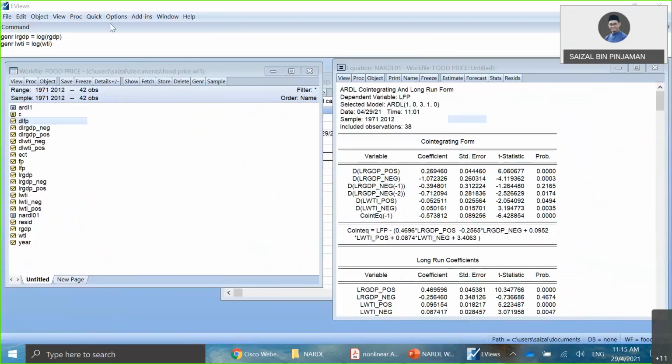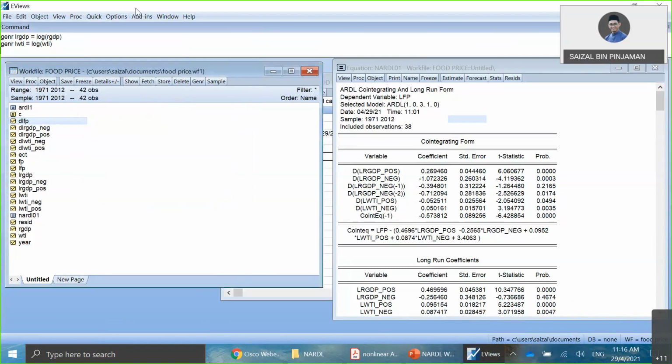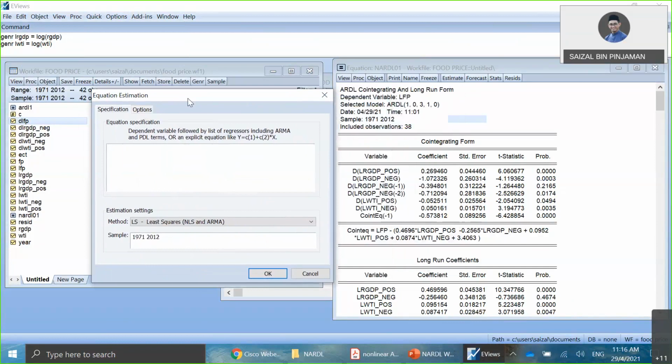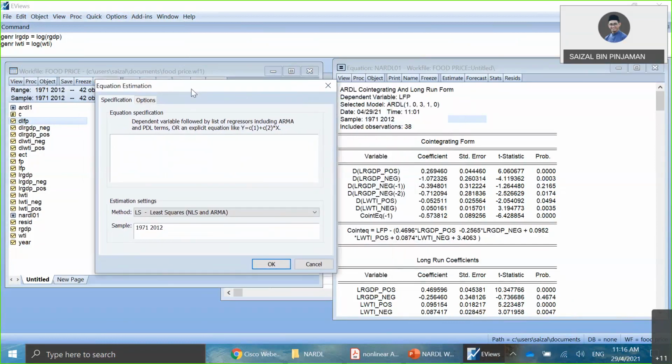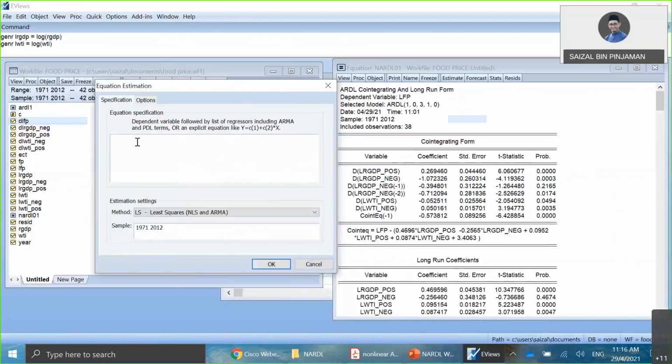So in order to run the equation, click Quick, and then Estimate Equation. So now we proceed to the estimation of the equation for the ECM model. Okay, so first one is the food price in difference form, DLFP. And then after that,